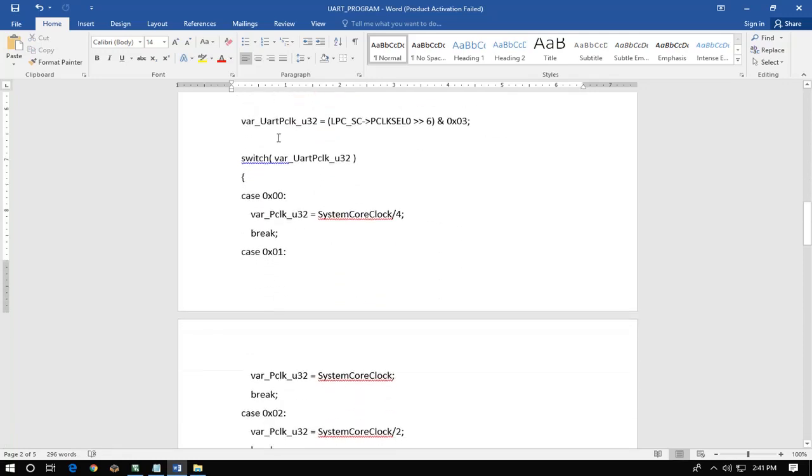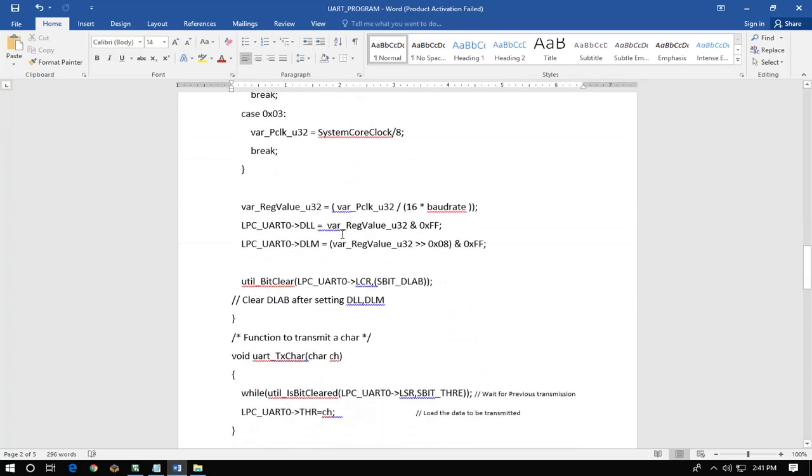Now after that, if that bit is selected, it will be passed through a switch, and if that case is 00, it will select the system core clock by 4, and that will be set to the variable PCLK, a U32 variable, which will select the PCLK value.